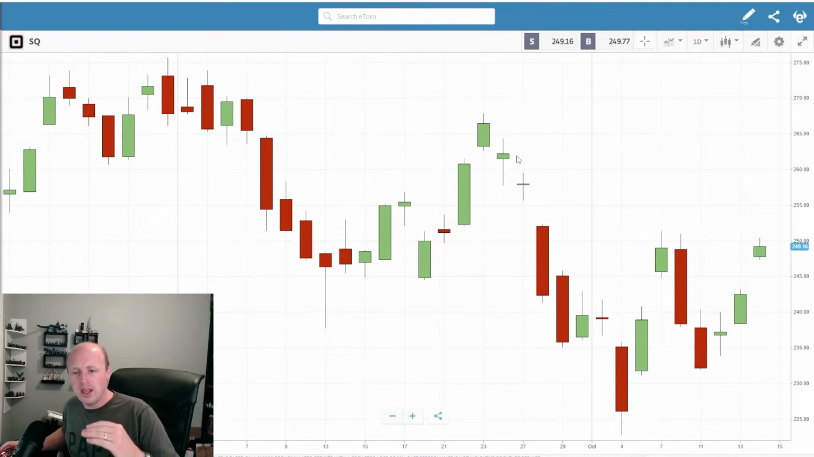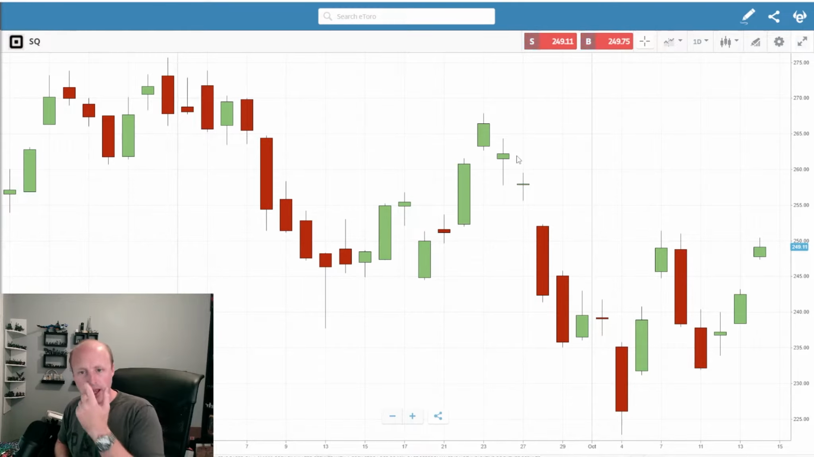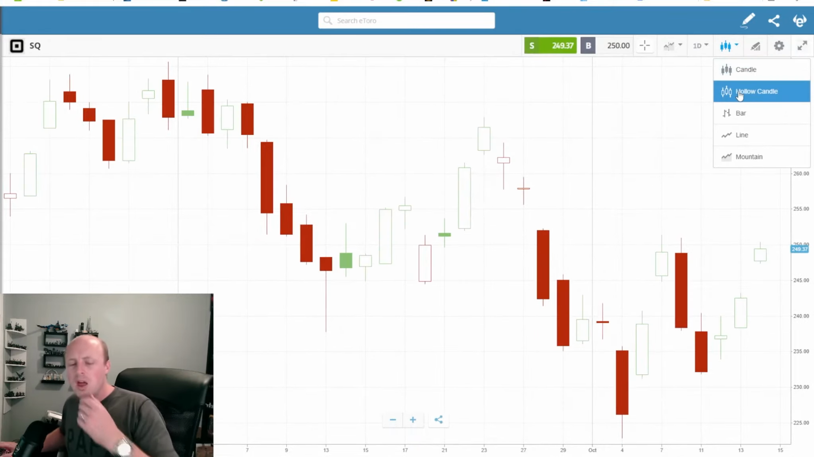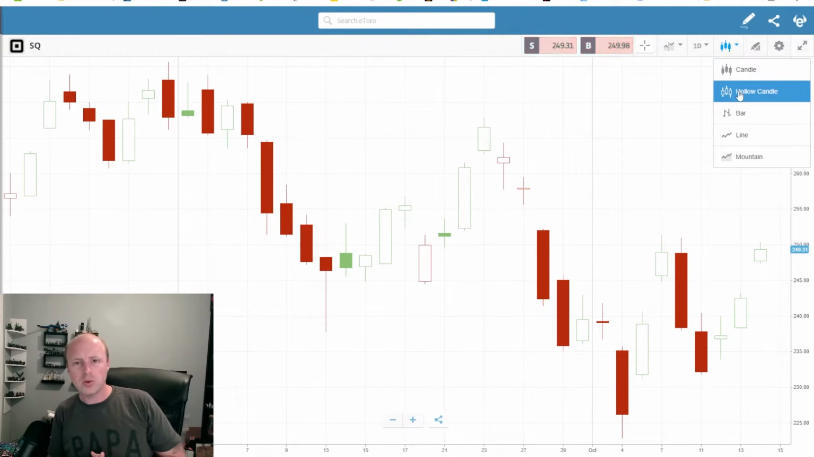So that's why a lot of people use this other method, the hollow candles, which we're going to look at in just a second, because they help to give you a little bit more of an inclination to the previous close and how the share price has performed. So let's get into that now then. So with hollow candles, there's